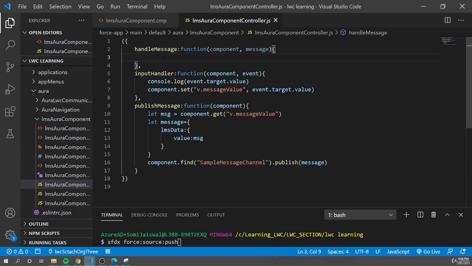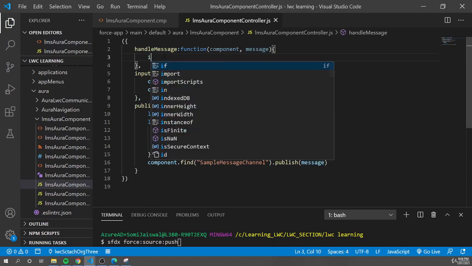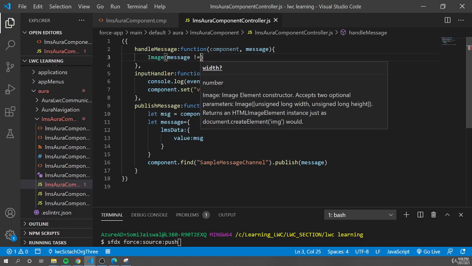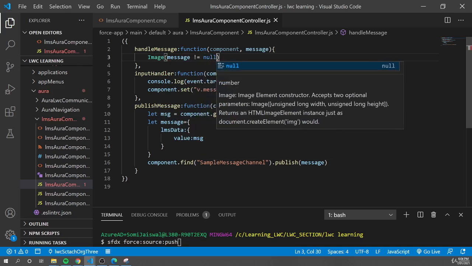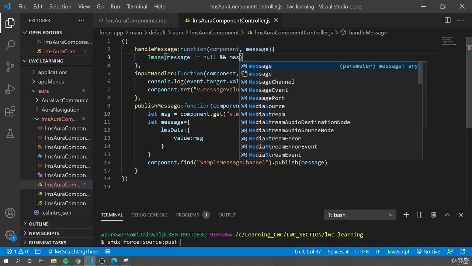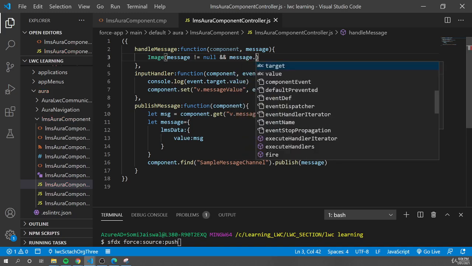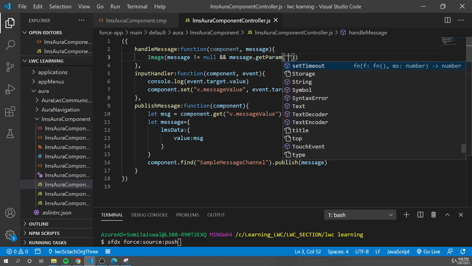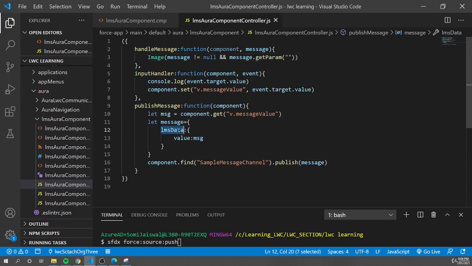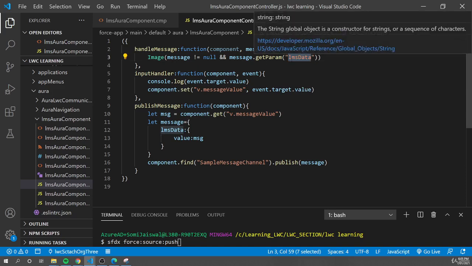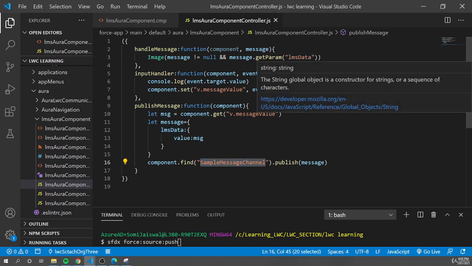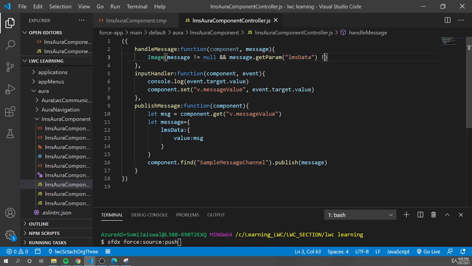In the handle message, what we can do is we'll say if message is there or not. So to check that, we'll say message not equal to null. Then we'll check if message is passed and message has get param, and that get param has a property LMS data, because LMS data is the field that everybody should send if they want to communicate on a simple message channel. We'll say if that is not equal to null,